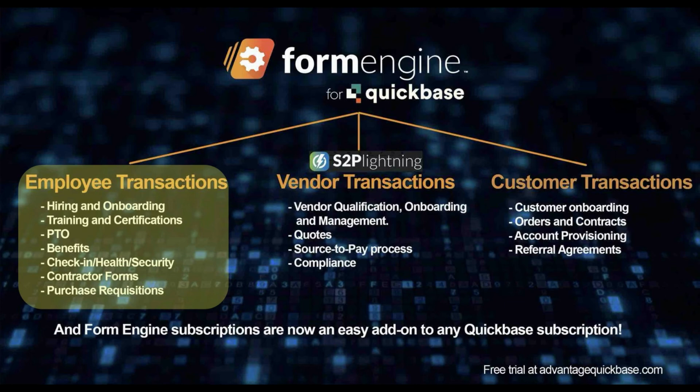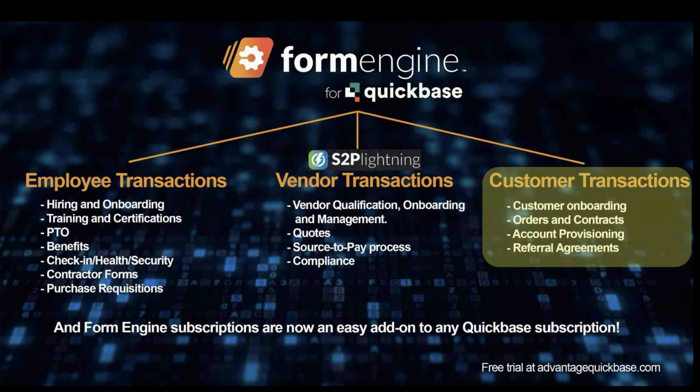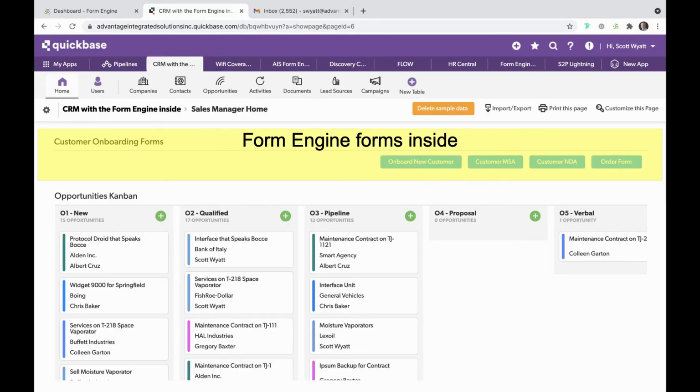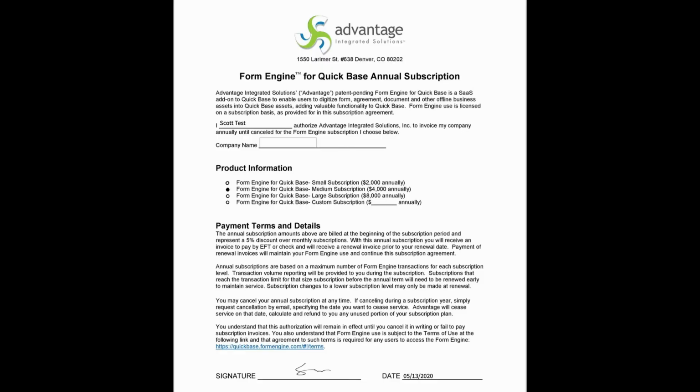And to start speeding up customer transactions and improving customer service, you just have the form engine working in your Quickbase CRM or similar customer app, and digitize any onboarding, MSA forms, contracts, orders, anywhere where they need to execute your business forms, speeding up your customer transactions and service and accelerating revenue. You also easily output data-driven documents for them, with your Quickbase data generating exact forms in your standard business and government formats. Once you're doing business this way, you'll be surprised at how much time, cost, and revenue was lost